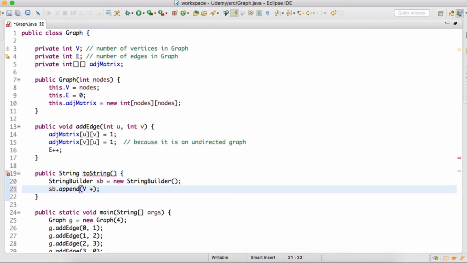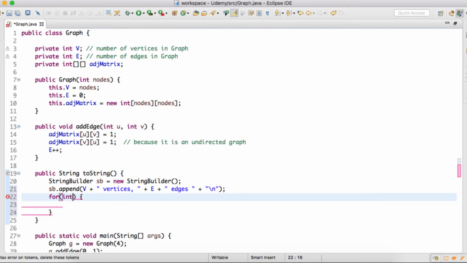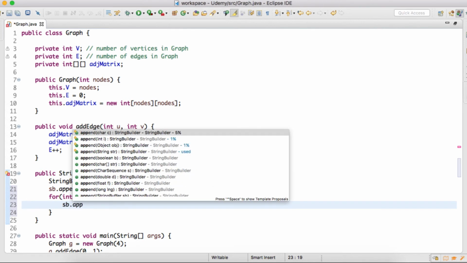We'll append V, which would be vertices, and E, which would be our edges, and then we'll provide a for loop. Now this for loop will iterate over each and every vertex, and inside this for loop we'll append